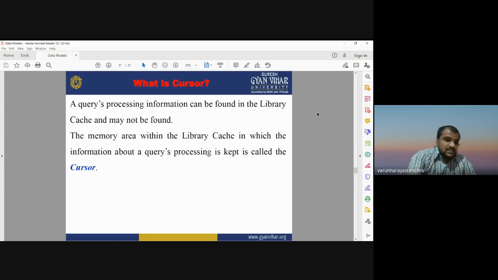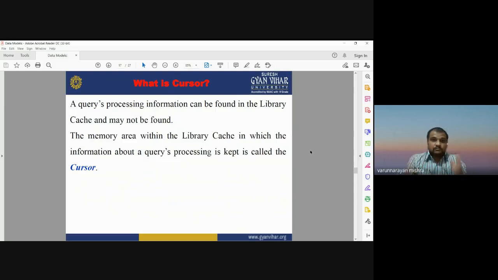This term is different from the cursor you have heard of when using the mouse. The mouse also has a cursor, which you place to write anything in a document, and it is important when you are using a mouse. But that cursor is different, and this cursor is a different term.